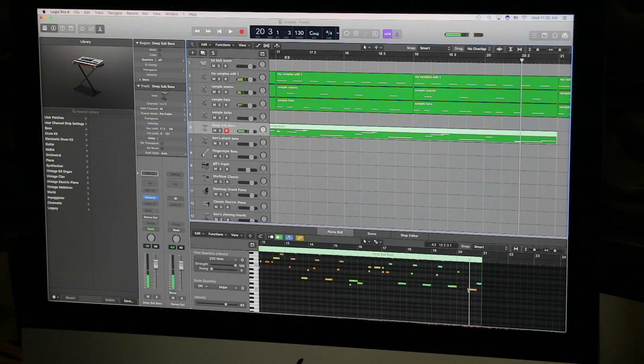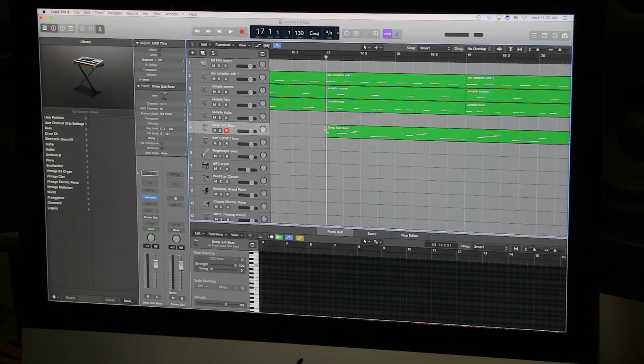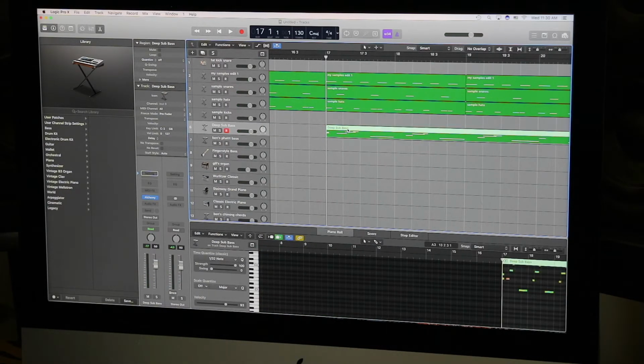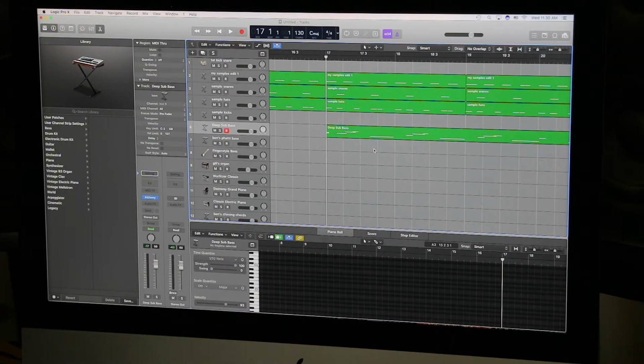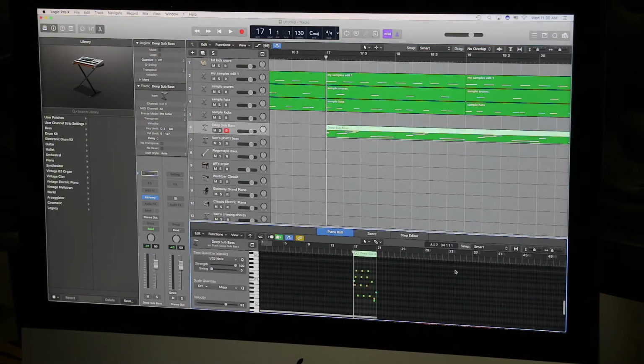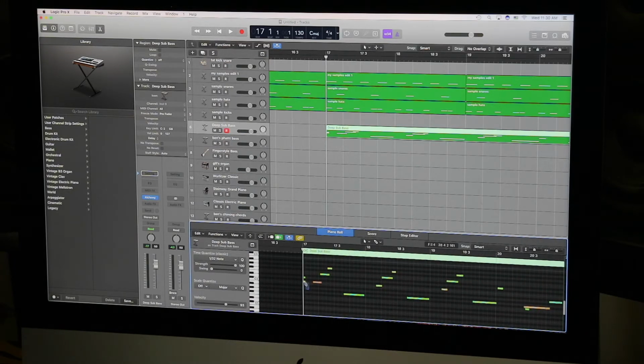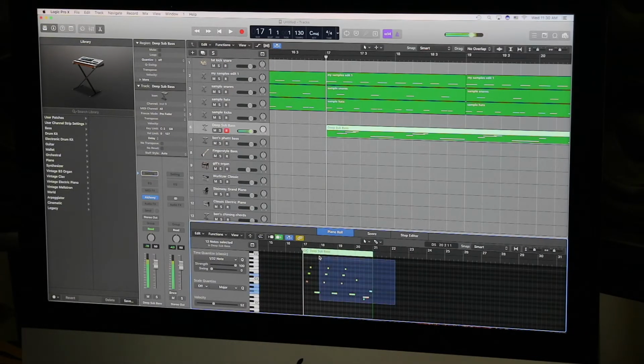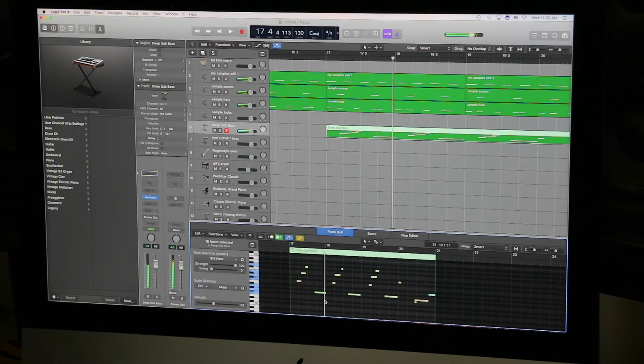Okay. So let's start from here. Let's delete everything I did before that. Bam. Okay. We're gonna delete this because it's not helping anybody. The rest of it we're gonna quantize the living bejesus out of. We'll do this to the 16th note. Nope. Because it's so, what's it called? Swinging. It just doesn't work.